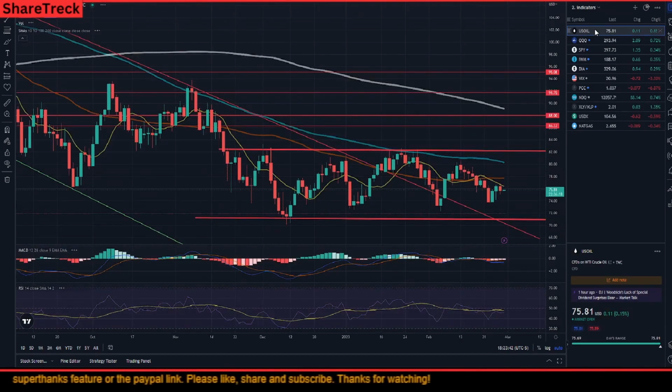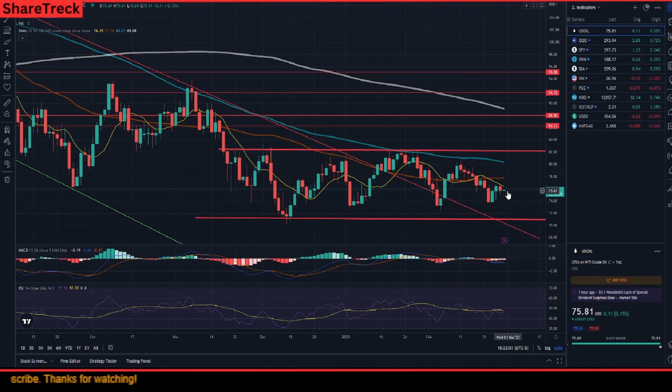So with that said, I think I'd like to go and have a look at what's happening with the other indicators. US oil is continuing to consolidate, but it has been moving down. I think it's in a bear channel which is lower, and I don't know how higher oil prices can be sustained.